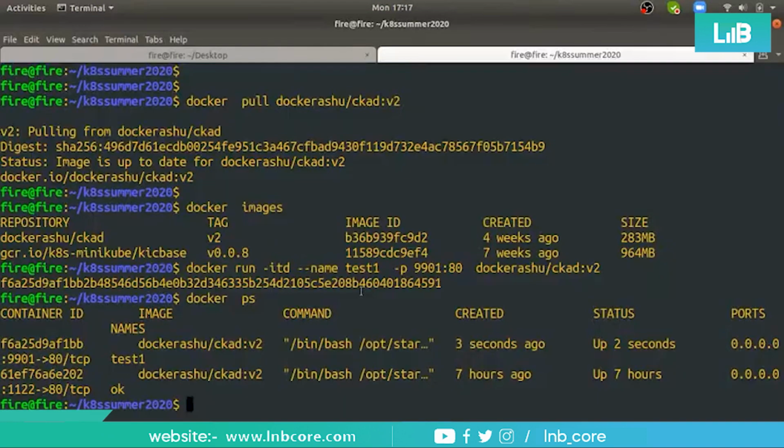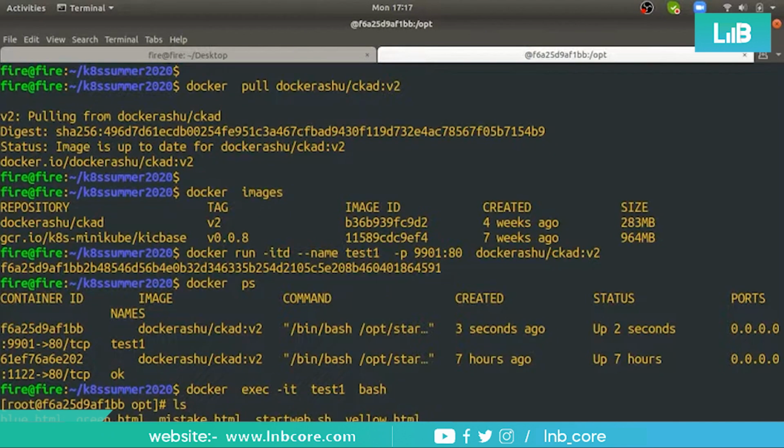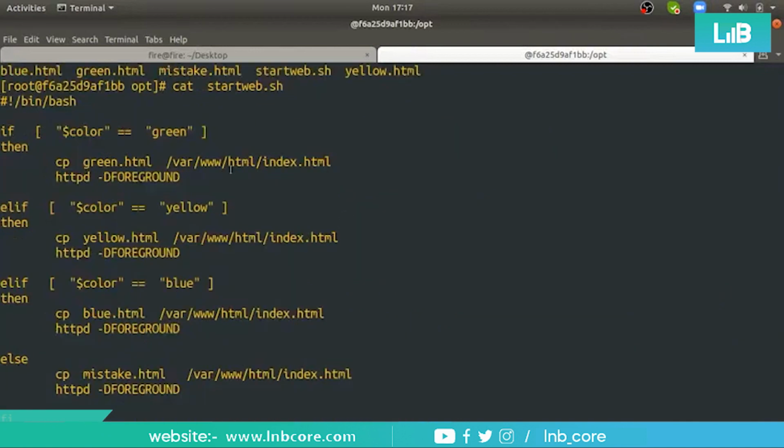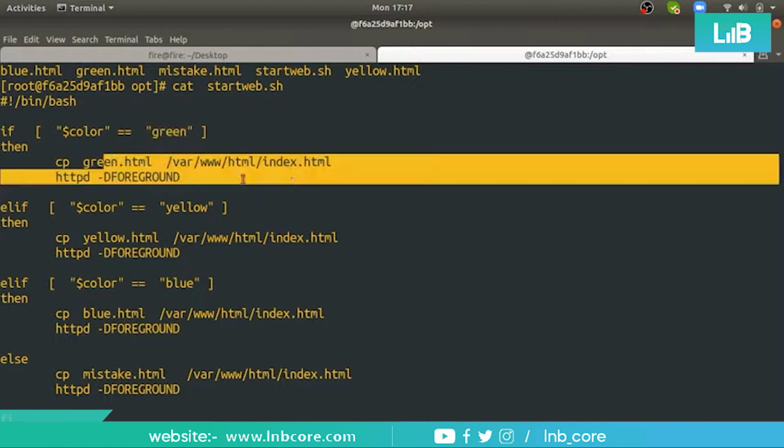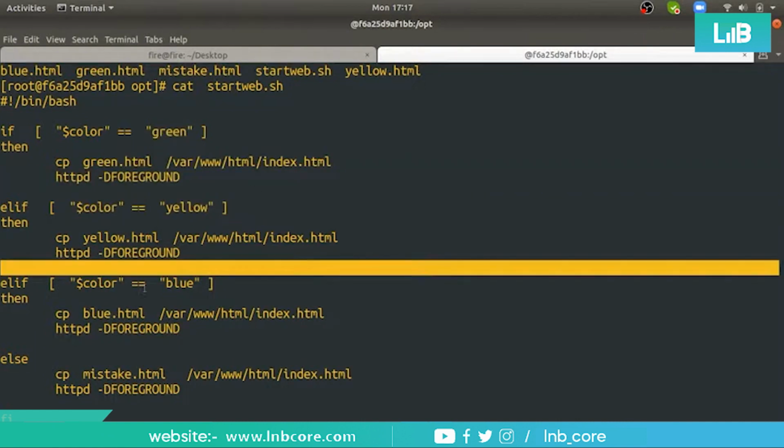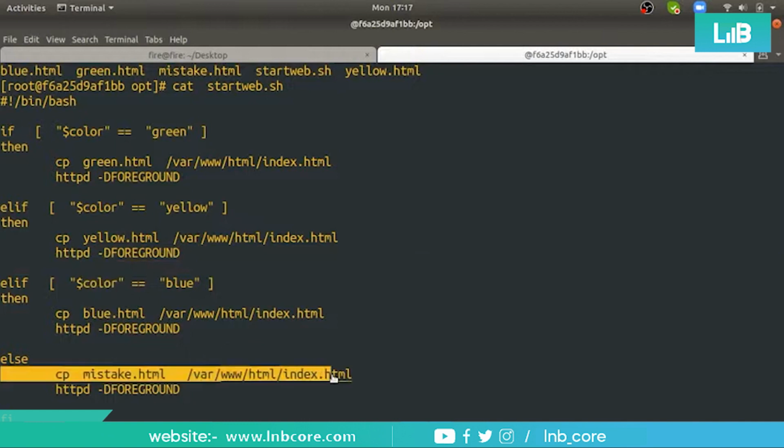Okay, if I go into this container with docker exec -it test1 bash, I can check because I'm just here in this opt directory, and there's a file called startweb.sh where we have a multi web application based Docker image. If the color variable has a green value, it will be showing this green color. If it is yellow, then yellow. If it is blue, then blue. Rest, any other thing.